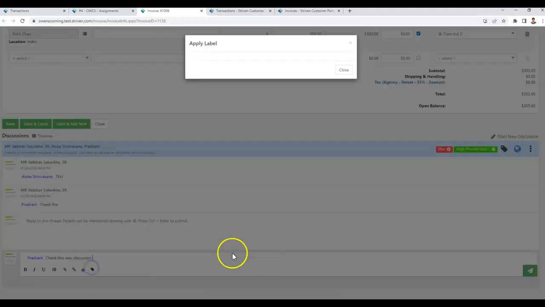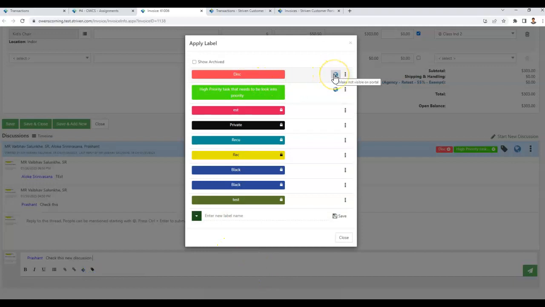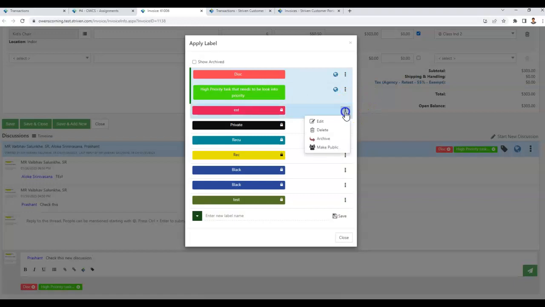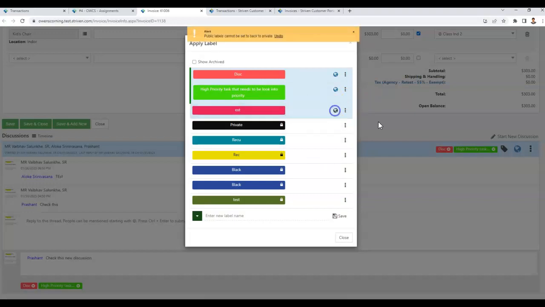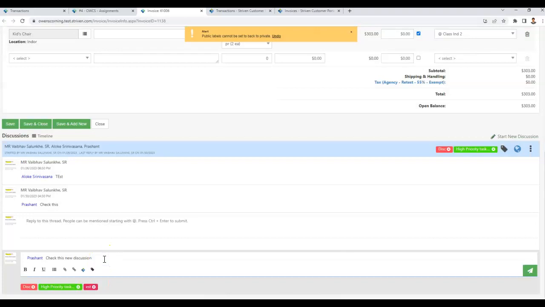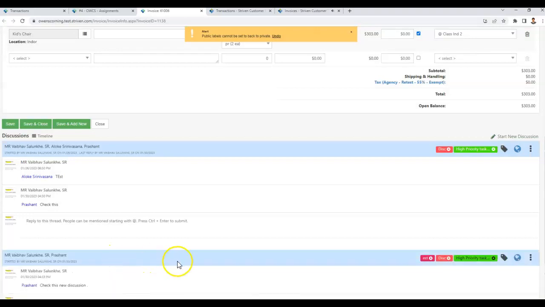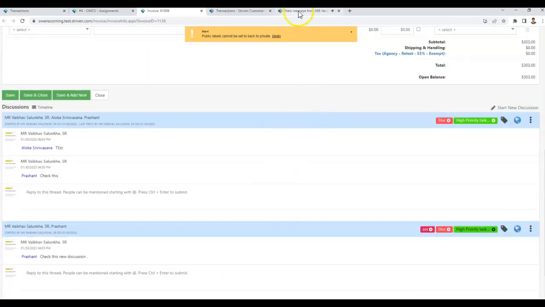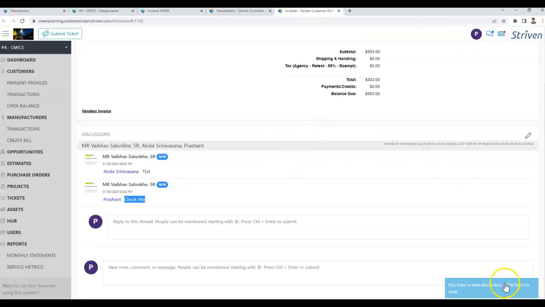And I'm going to add a label to this, and this label is visible on portal. I'll add one more. I'll make it public first and mark it visible on portal. So I added 3 labels. So here I created the discussion, and if I go here,